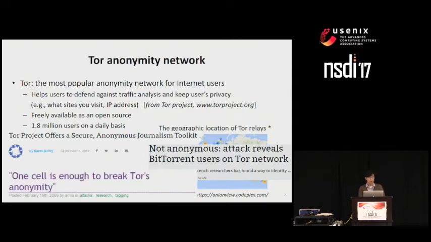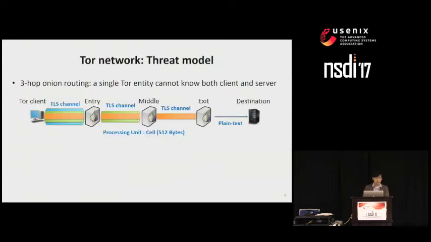However, there have been many attempts to break the anonymity of users for a decade. We see many examples of threats on Tor. Tor provides sender anonymity based on three-hop onion routing. When a client tries to connect to the server using the Tor network, it first chooses 3 Tor relays. Then, it incrementally builds an encrypted circuit based on TLS communication. Therefore, a single Tor entity cannot know both source and destination.